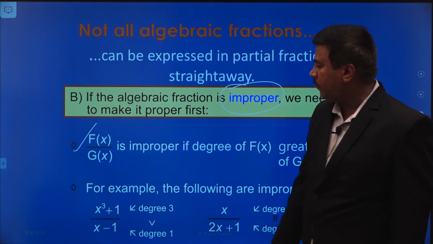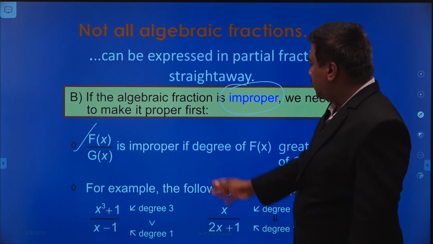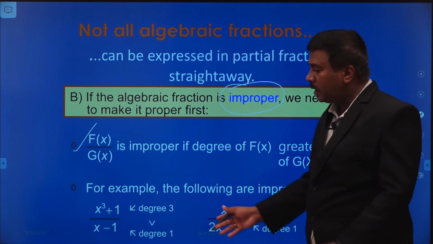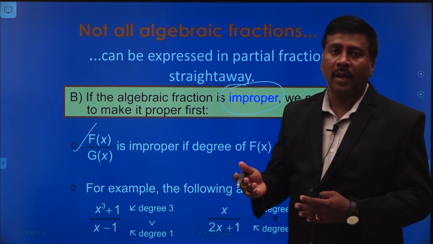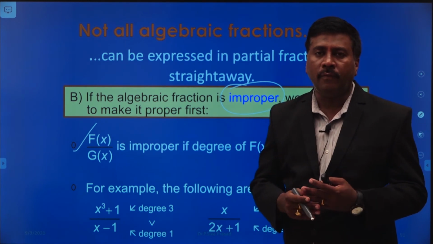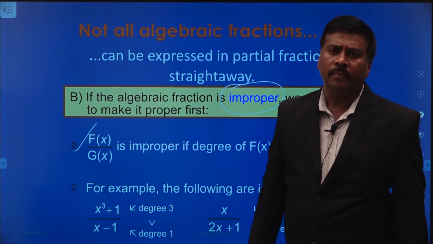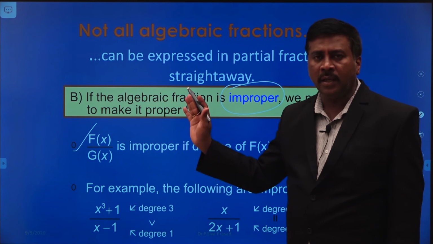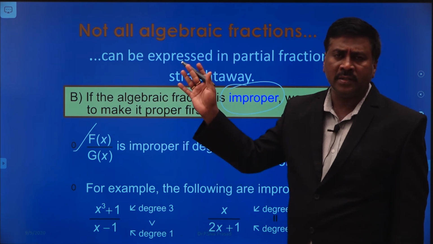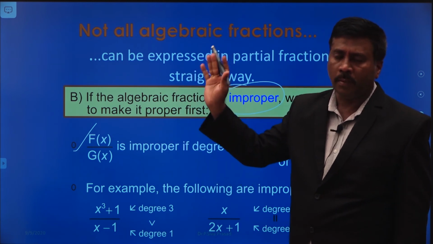that of the degree of g of x. In some cases, if the degrees are the same, then automatically the problem comes under the category of the improper fraction also. That case is arranged in type 1. So if such a case exists, then how we have to resolve it into partial fractions, we have to see at that place. There is no problem at all.